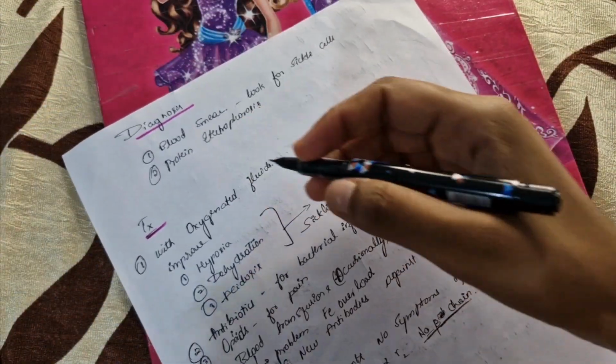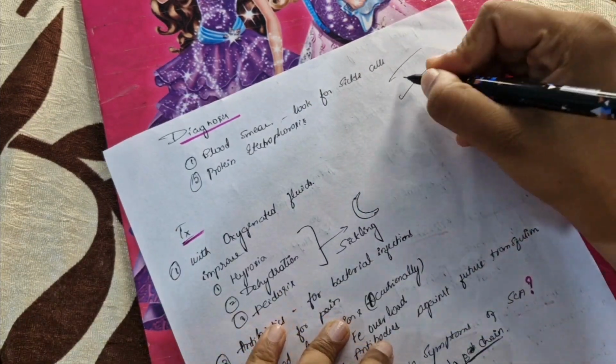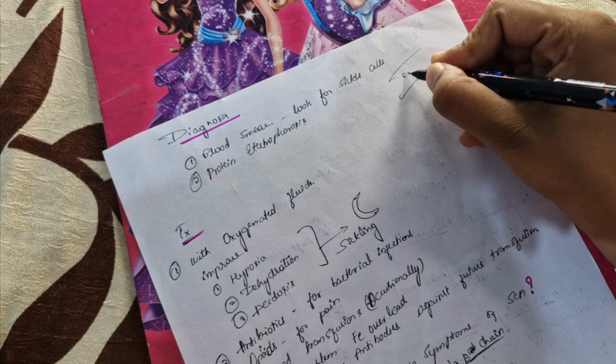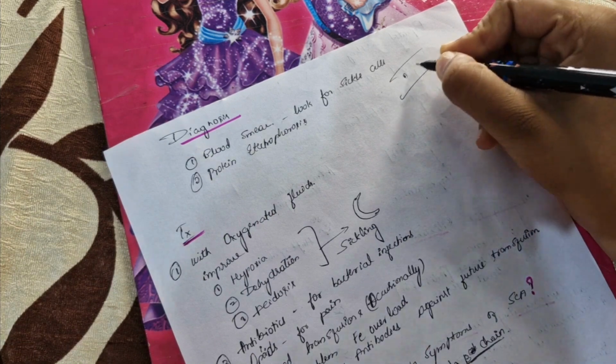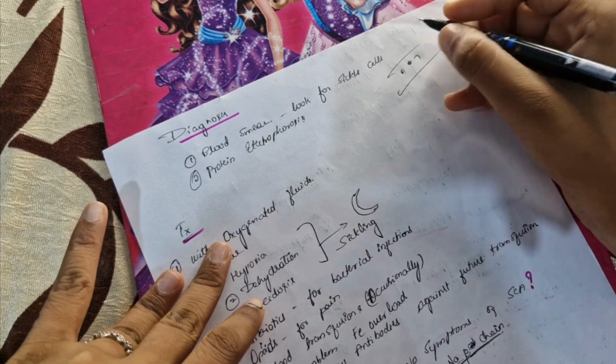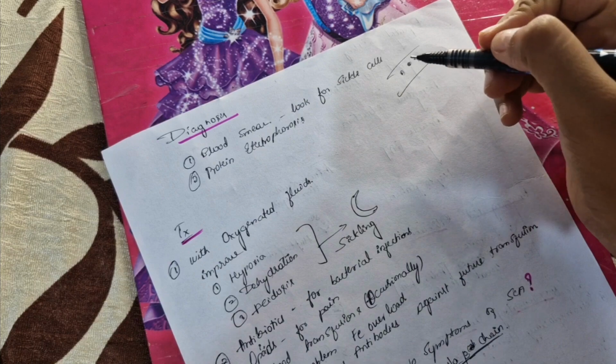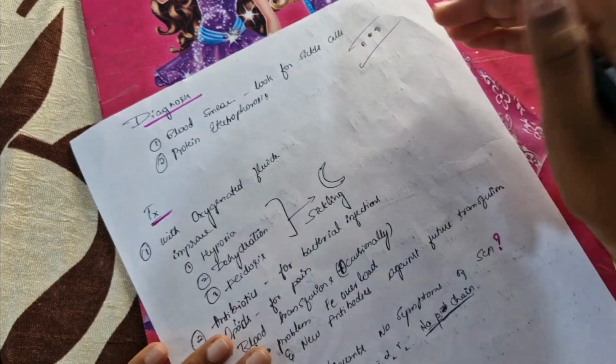And the diagnosis of sickle cell anemia will be blood smear. We look for the sickle cell in the blood smear. We look for the nucleus of the small lymphocytes, and lymphocytes, basophils, neutrophils, everything will be there. Normal RBC will be there, and also we can see the sickle shaped RBC. And this is the peripheral smear finding, and the protein electrophoresis we have to do in order to diagnose the